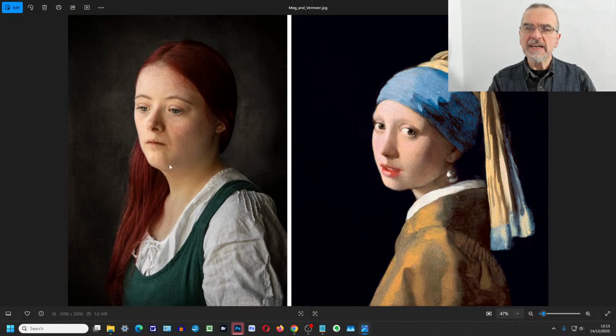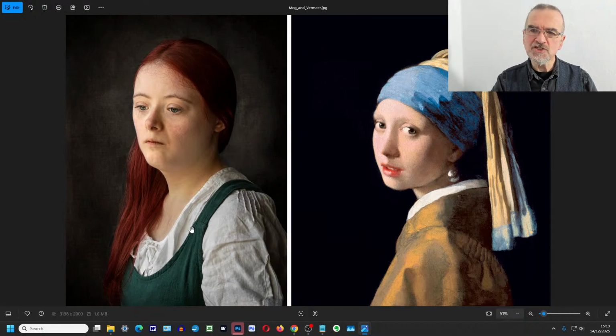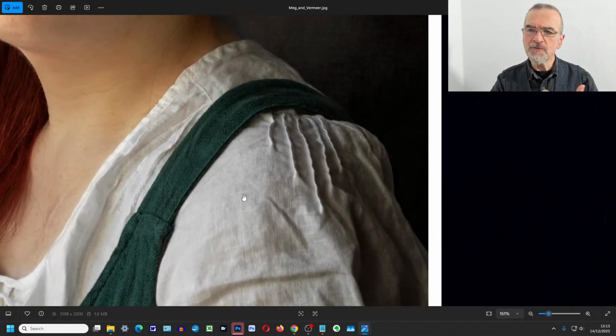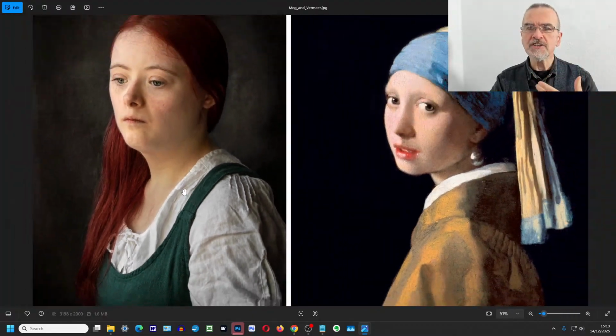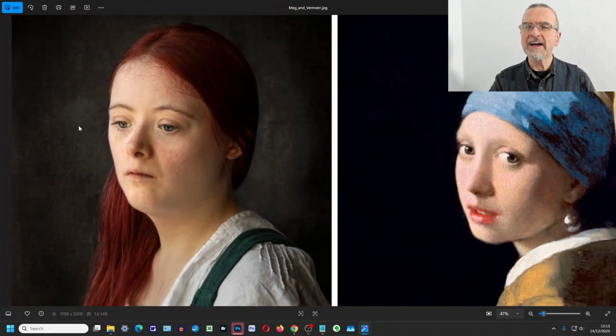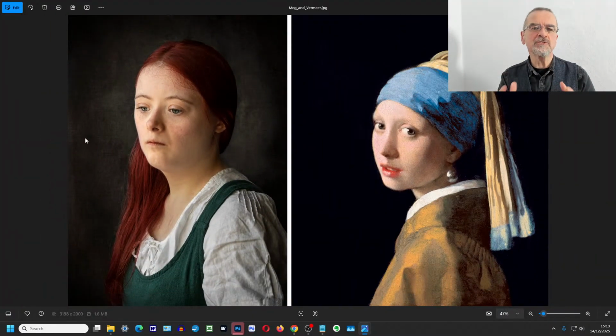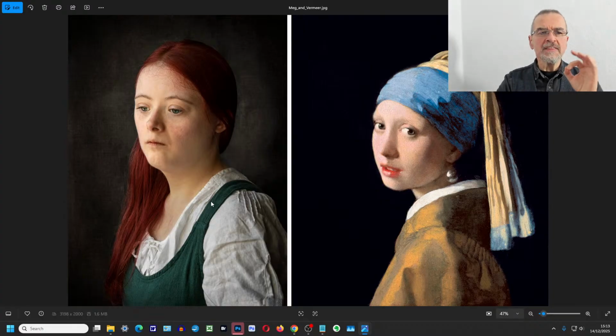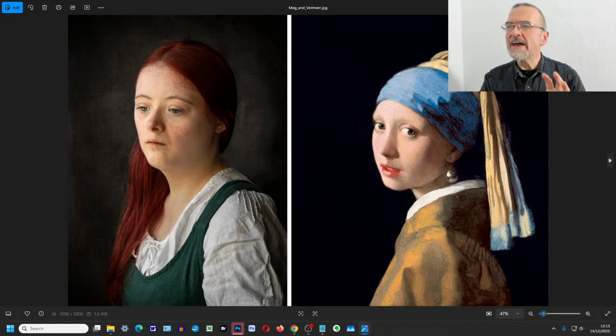The point that I was making at the time was that if you photograph from a certain angle, with the body at a certain angle and the lighting at a certain angle, and in this case also we've got texture, so that Meg is wearing natural fibres, linen and cotton, and a kind of canvassy background, it all lends itself to this idea of a painterly quality. So that's where you would tend to come from.